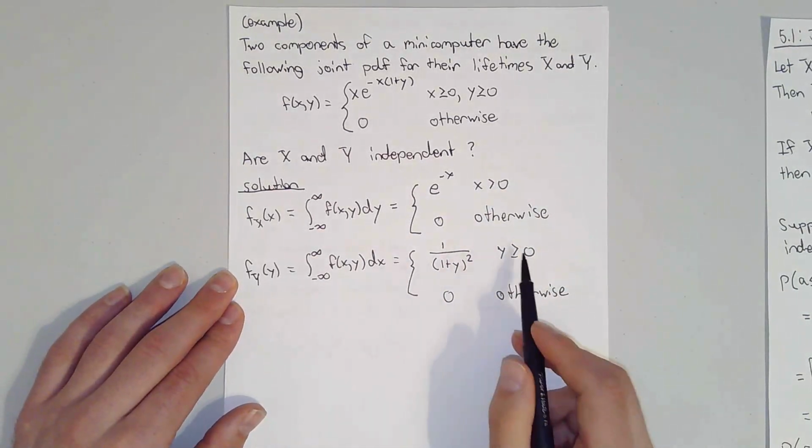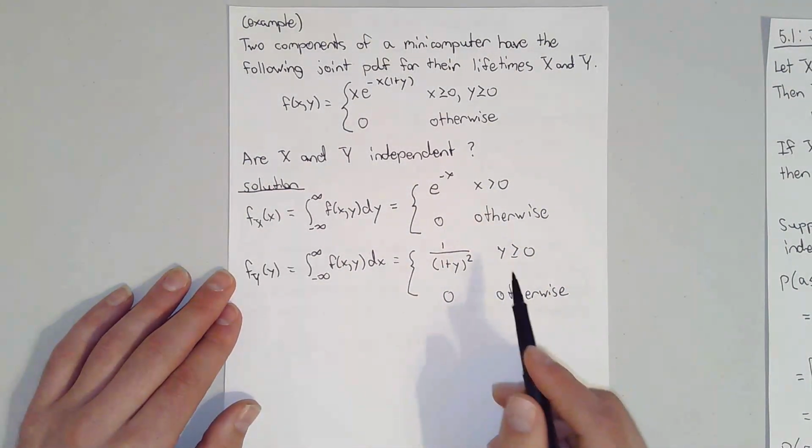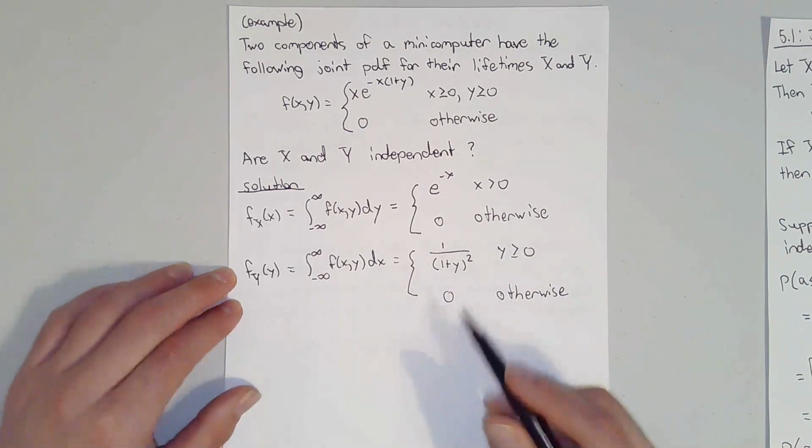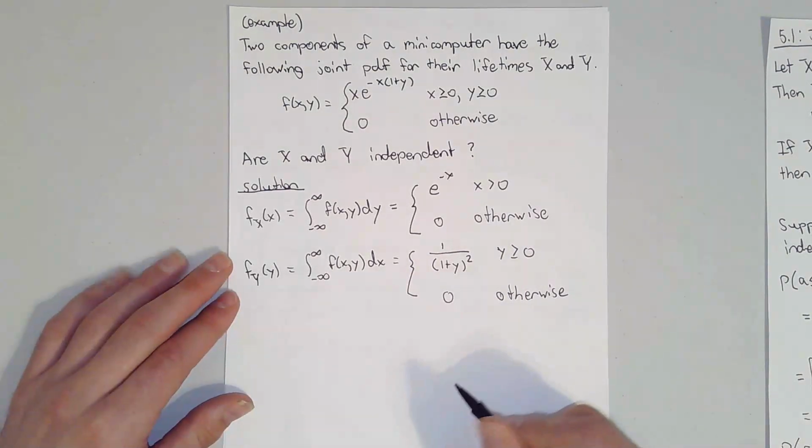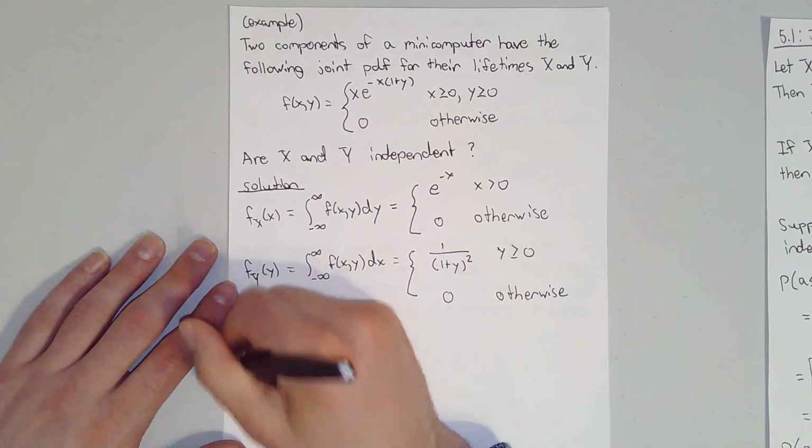In this case, we did pick up the value 0 for y, and it's given by this piecewise defined function. So therefore, their product